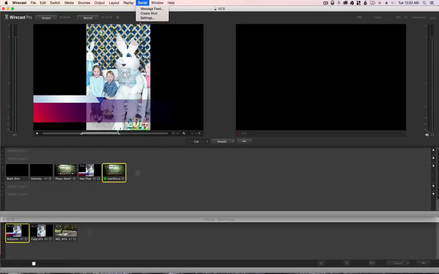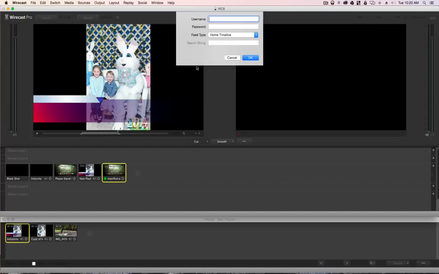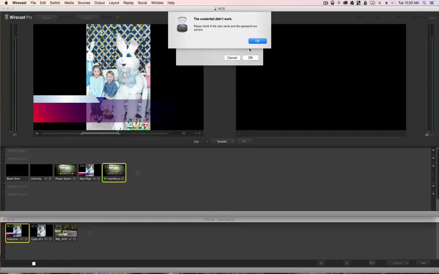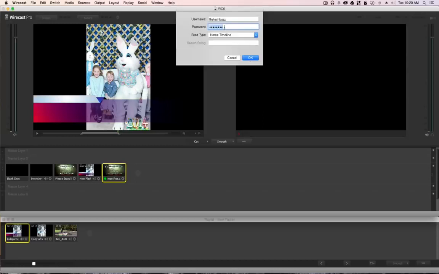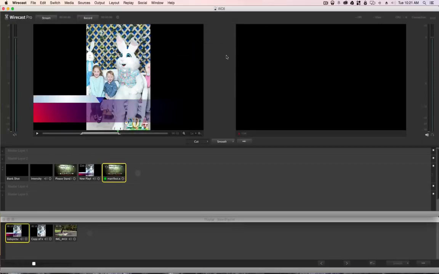Also, social media. This is a huge integration with Wirecast, having the ability to do social media. So I'm going to log into my Twitter account. Let's see if I can remember my password. That's always the caveat, right? Because I use a program called LastPass. Oh, got it. Second try. Okay, so